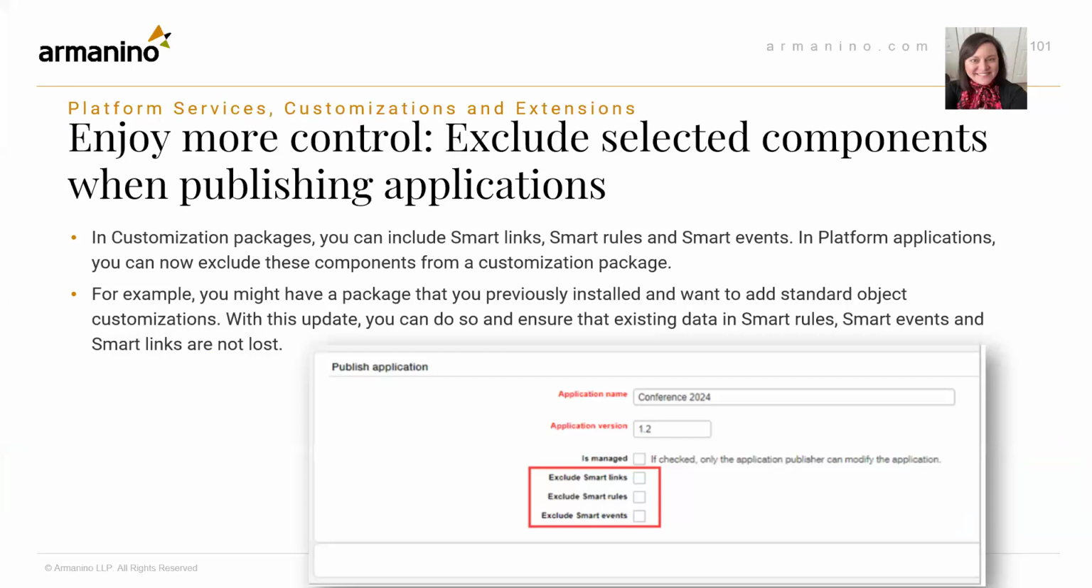In platform services, customizations, and extensions, enjoy more control. You can exclude selected components when publishing applications. In customization packages, you can include smart links, smart rules, and smart events. In platform applications, those modules that you build on top of your Intacct environment, you can now exclude these components